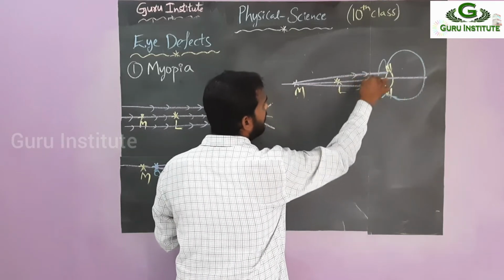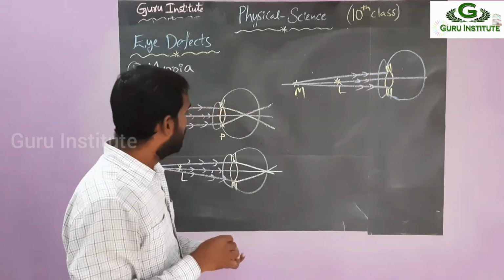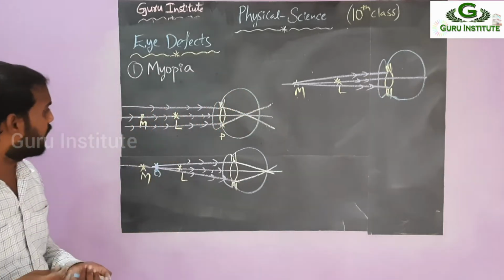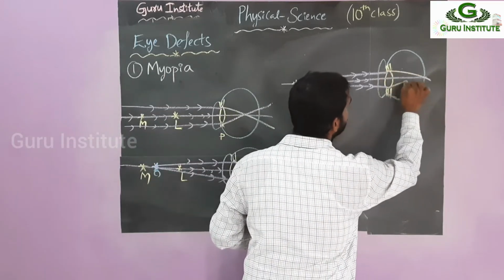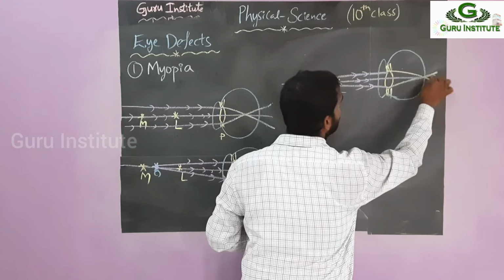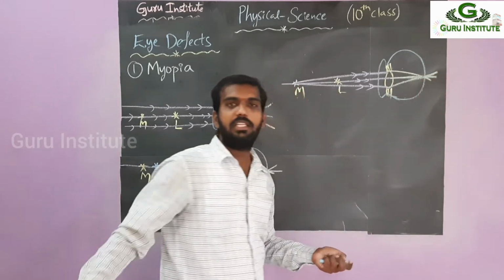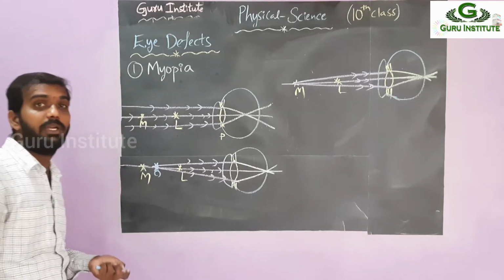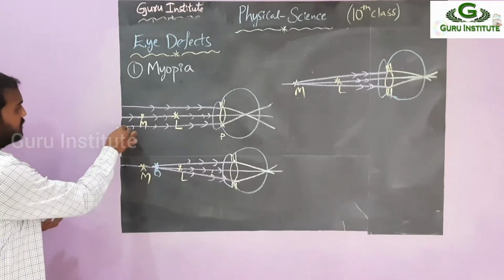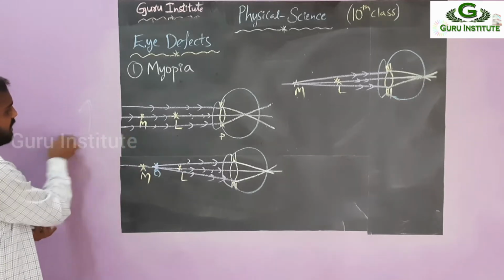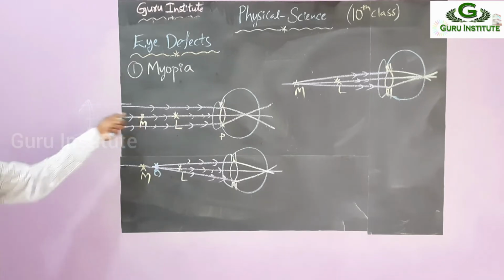So first line through the principal axis, and second line, third line. After converging, what will happen, how will they look? See here, they meet at this point. Here they are meeting. So again they meet on the retina. Here I am taking parallel rays, that means the object is somewhere here. I am taking the parallel rays from the object. Okay, right. Now with the object after M also,